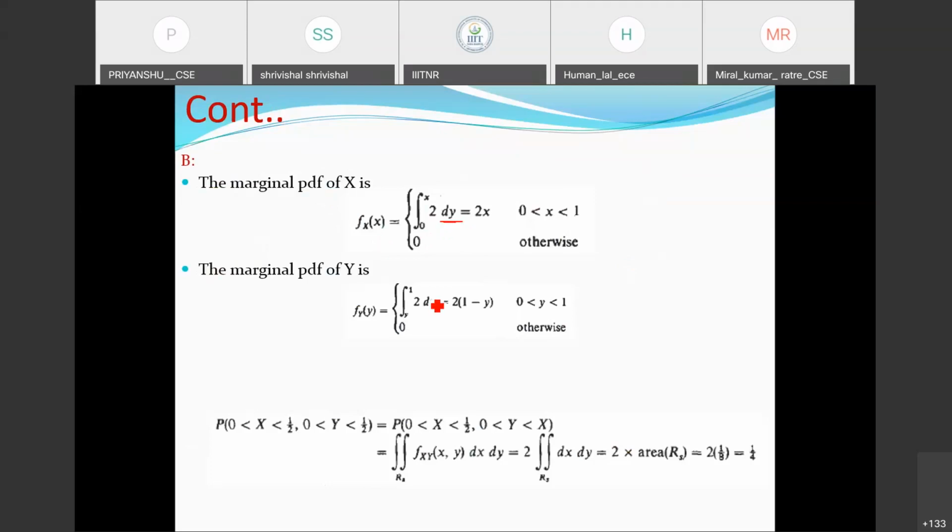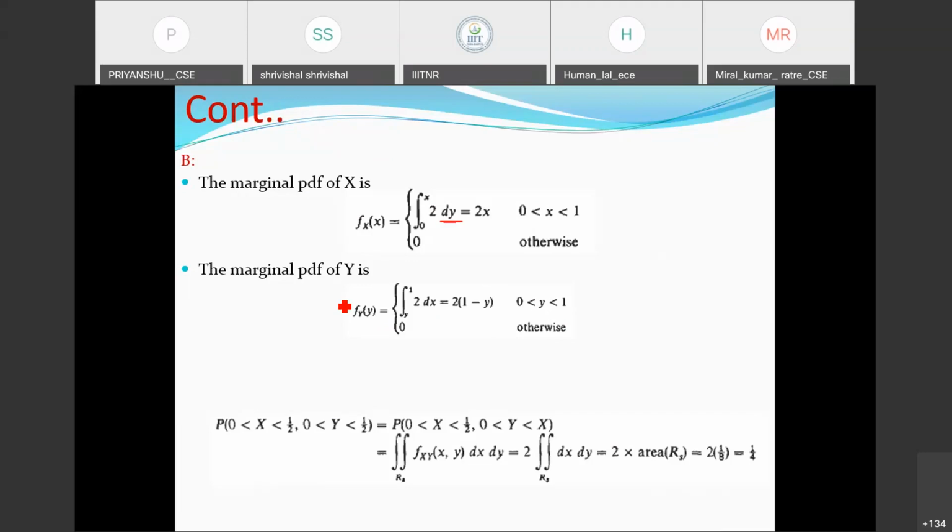Now, once we go for the f of y, the marginal PDF of y here. The trick was to look specifically at the range of x. The range of x is always greater than or equal to y, because between 0 and y, this y is always coming between the x range, the lower part. So the range of x goes from y up to the maximum of 1. Correct? So this way we have calculated this function.